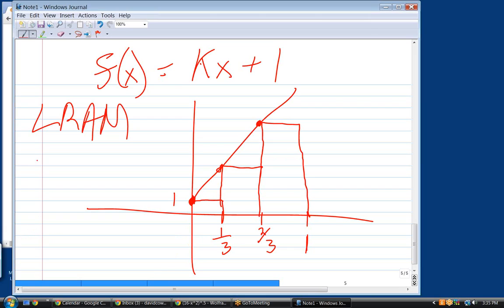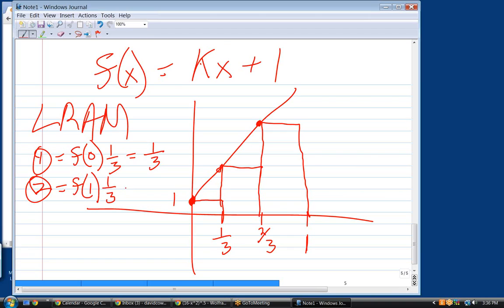So the area of rectangle number 1 is f of 0 times 1/3, the base of it. What's f of 0? F of 0 is equal to 1, times 1/3. So the area of that rectangle is 1/3. The second rectangle's height would be f of 1/3, not f of 1. And f of 1/3 is k over 3